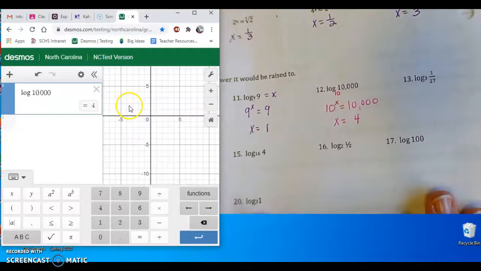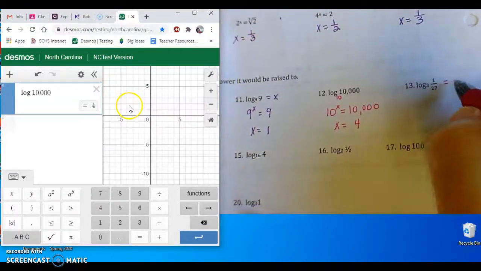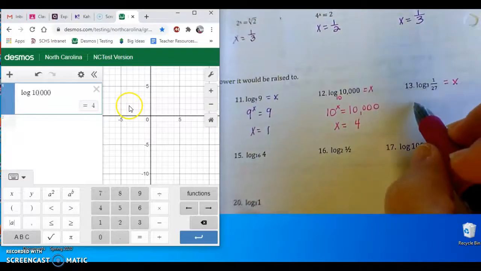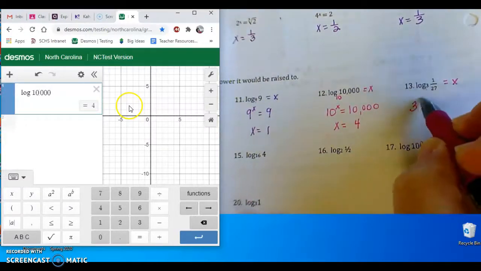All right, look at number 13. Set that equal to x, because that's how you're rewriting it to think about it. So we're saying 3 to what power